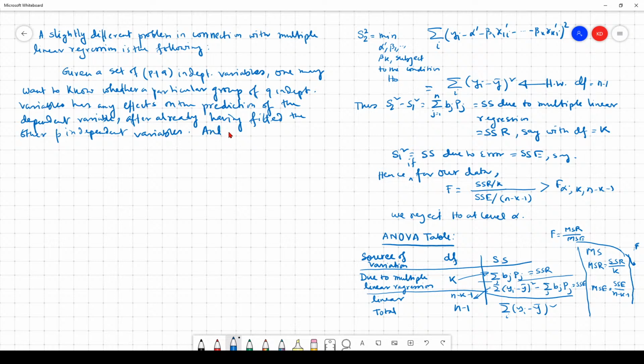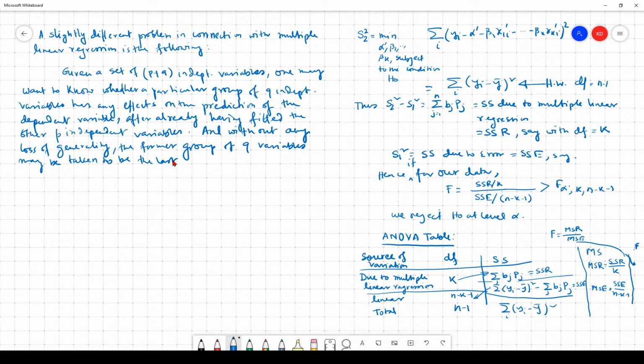Without any loss of generality, the former group of q variables may be taken to be the last q of the p plus q variables. Then the null hypothesis is